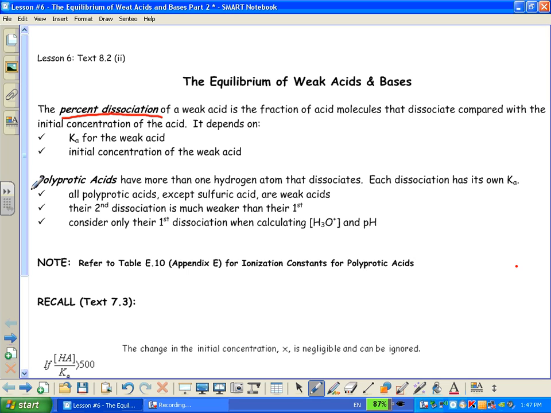The percent dissociation of a weak acid is the fraction of acid molecules that dissociate compared with the initial concentration of the acid. It depends on the Ka for the weak acid and the initial concentration of the weak acid. So I'm just going to reword that to make a little bit more sense for you. So basically, the percent of dissociation, I'm going to just write that, and then is equal to